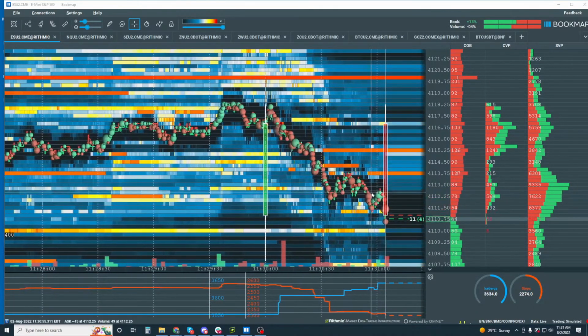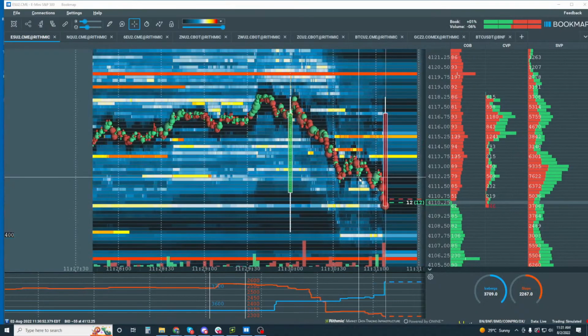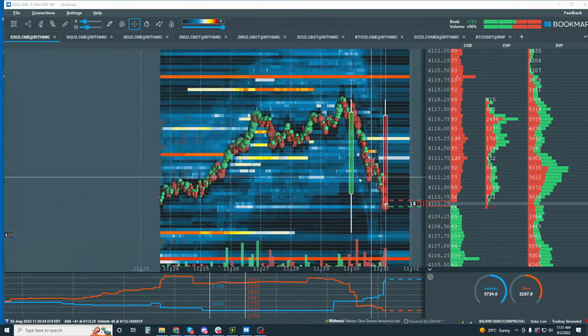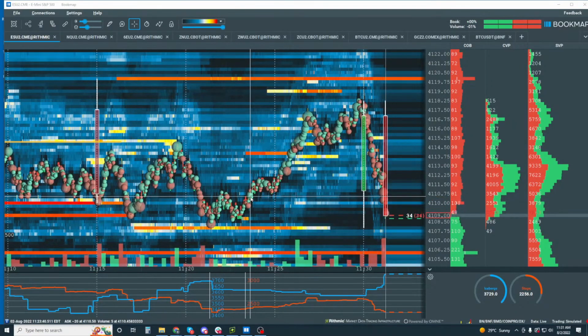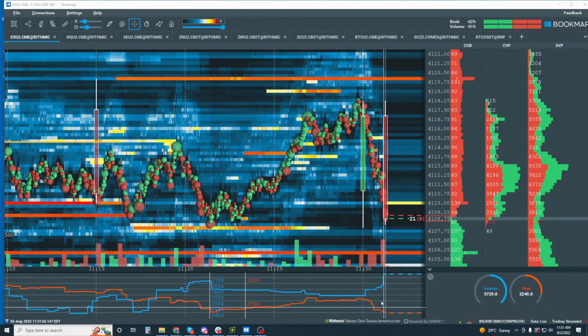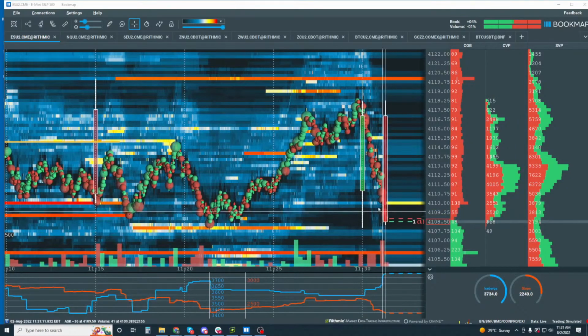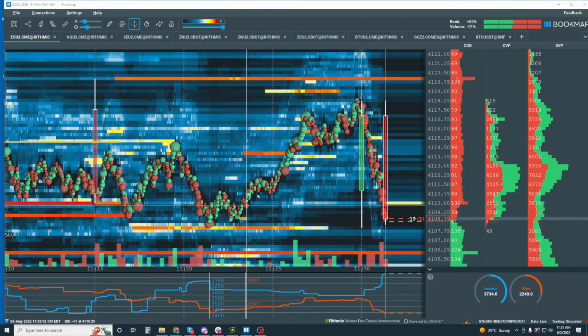Okay, now let's see if we can get it back up in there, and we cannot. Right back down to where this all initiated in here. This is going to be a nice stop run. Iceberg's on the other side though. Okay, so